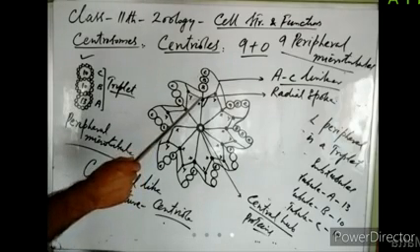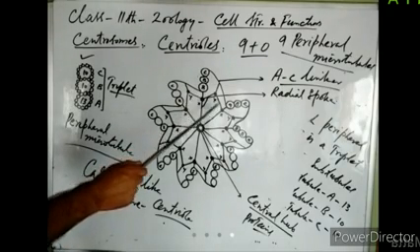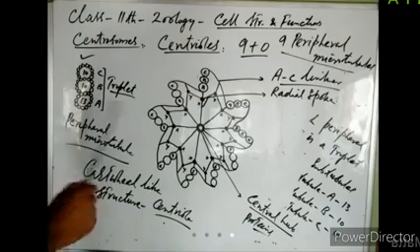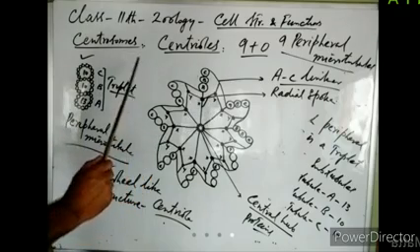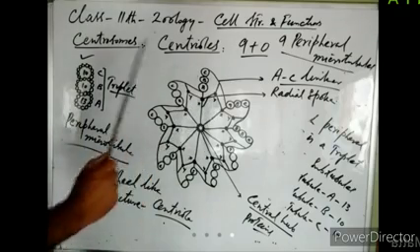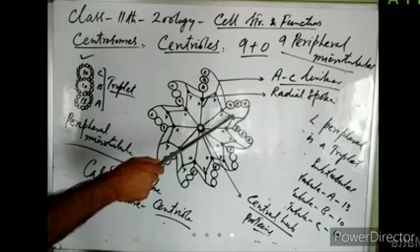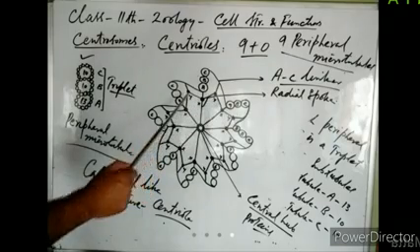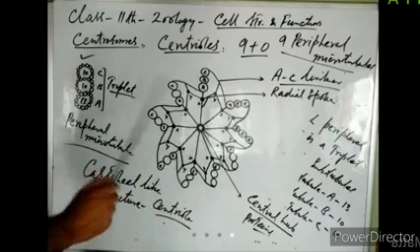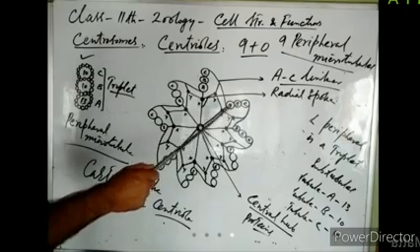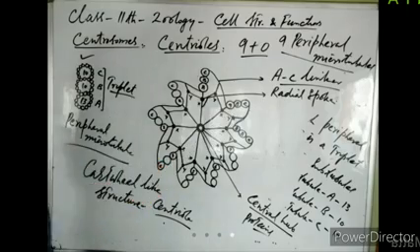Then just below the subtubule A, on the radial spoke, we find a dense material mass or thickening known as an X body. So there are 9 X bodies on 9 radial spokes. Then between two adjacent X bodies, just below the AC linker, there is another dense material mass or thickening known as a Y body. So there are 9 Y bodies. Each Y body is connected to two adjacent X bodies, and it is also linked with the AC linker.